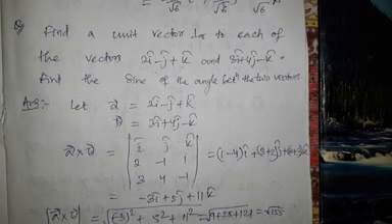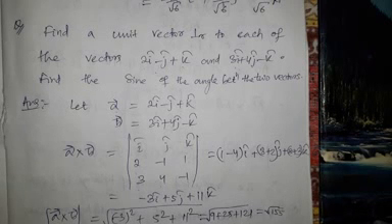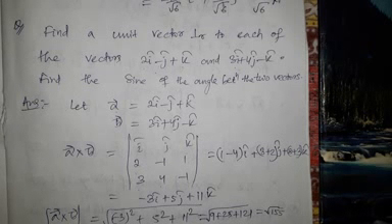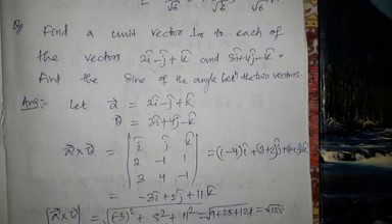Now sin theta is equal to the magnitude of A cross B vector divided by the magnitude of A into the magnitude of B, that is root 155 divided by the root of 4 plus 1 plus 1 into the root of 9 plus 16 plus 1. So that root 155 divided by root 156 is the sin theta value.